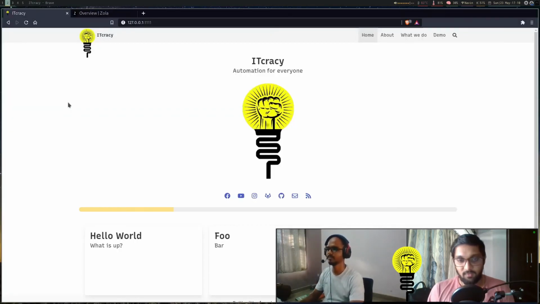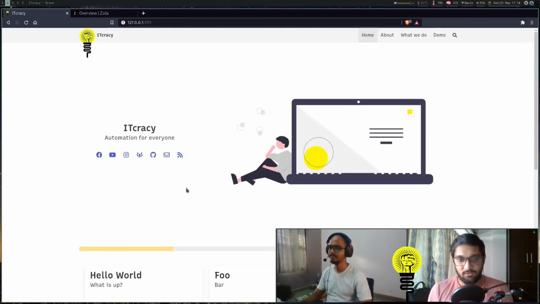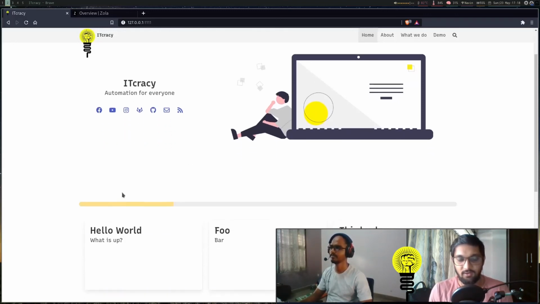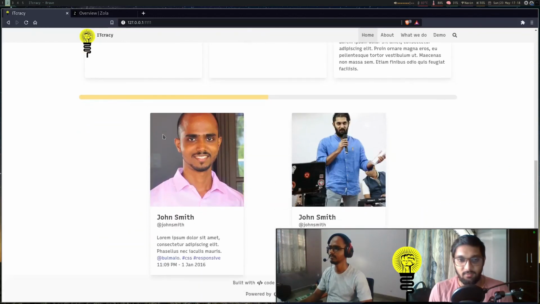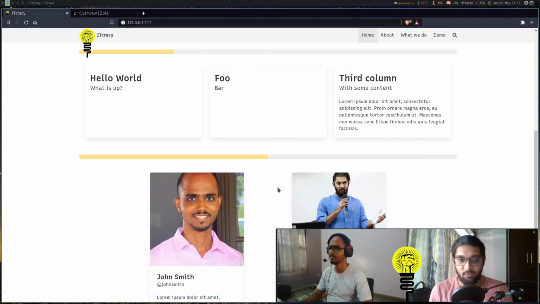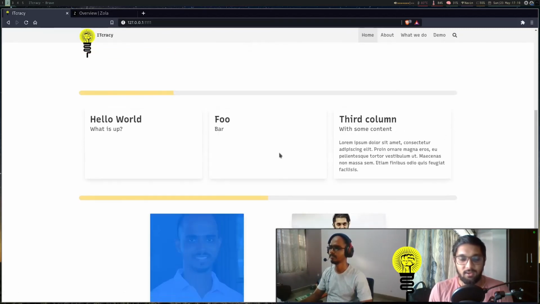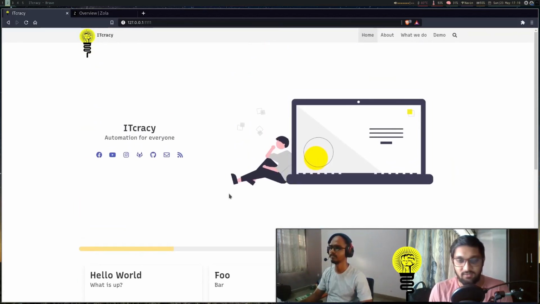In the same way, we will add some more HTML and CSS structure to our homepage, and let's see how it will look. And this is how it looks. We have changed the image and also the text. We have added a different image, and also two cards showing our own faces, and a progress bar above that as well. It is nothing but a change or addition of extra HTML and CSS.